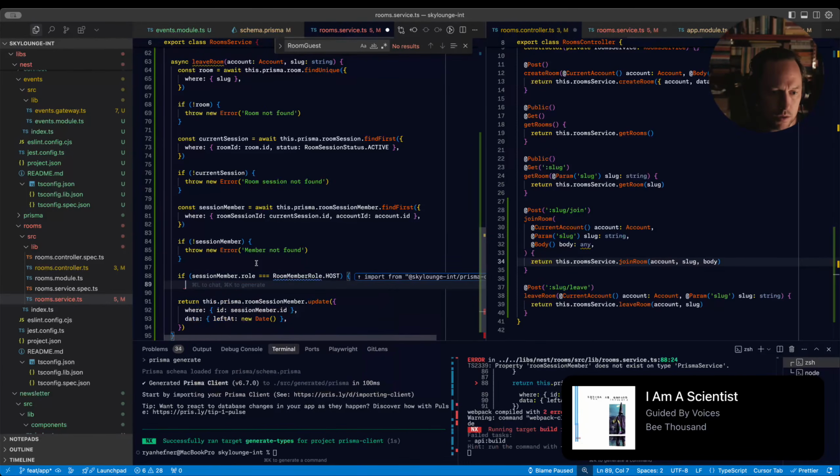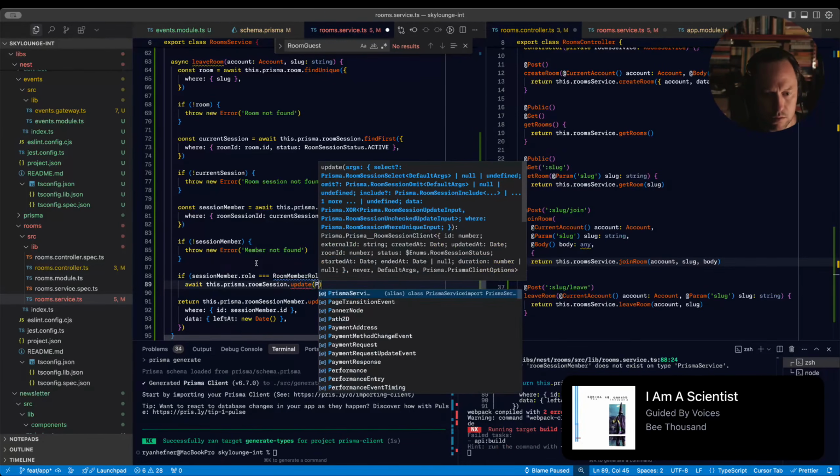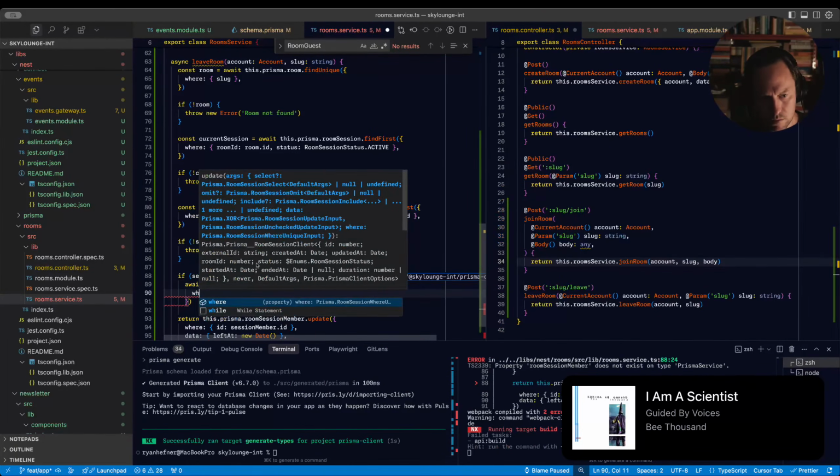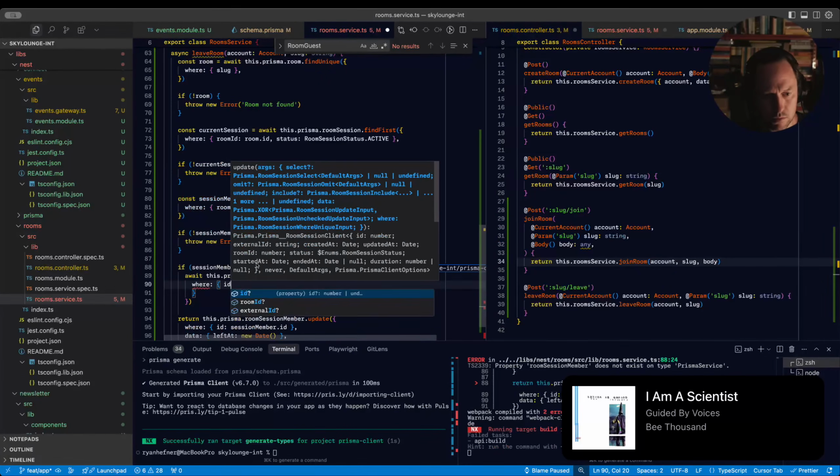So this dot I have to await this dot Prisma dot room session dot update where